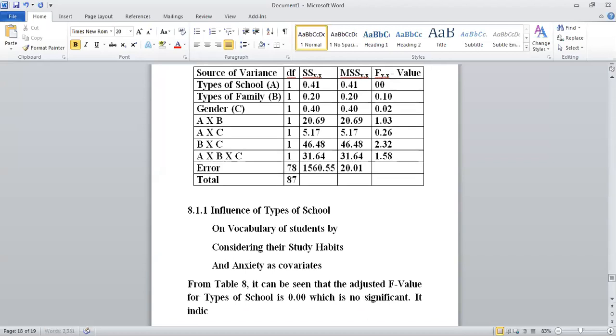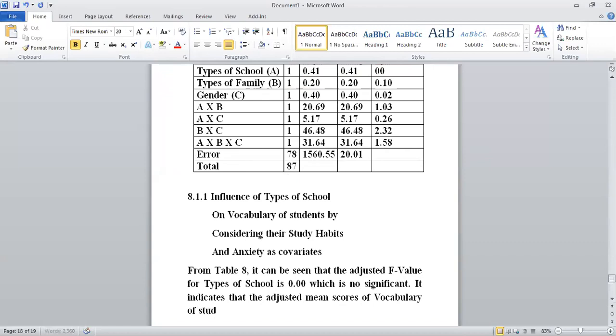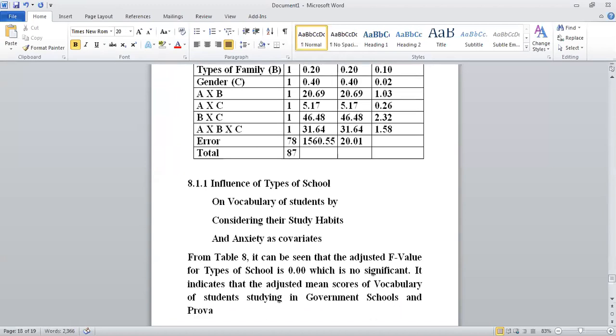It indicates that the adjusted mean scores of vocabulary of students studying in government schools and private schools